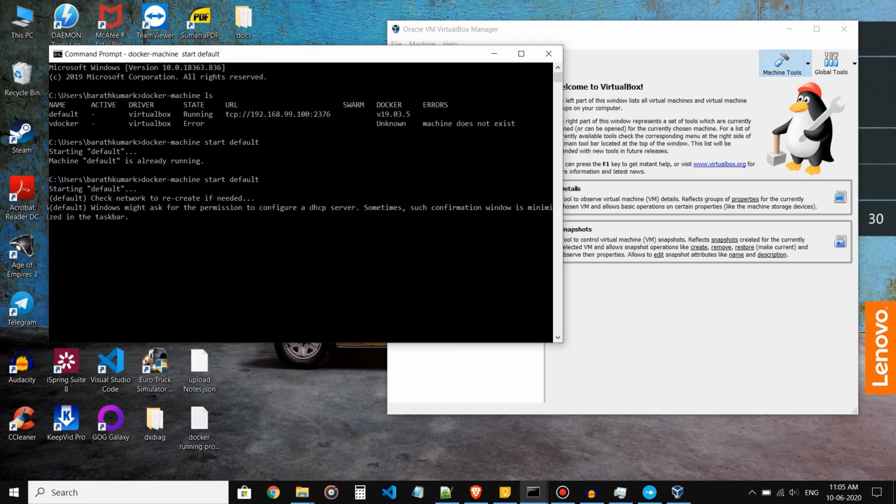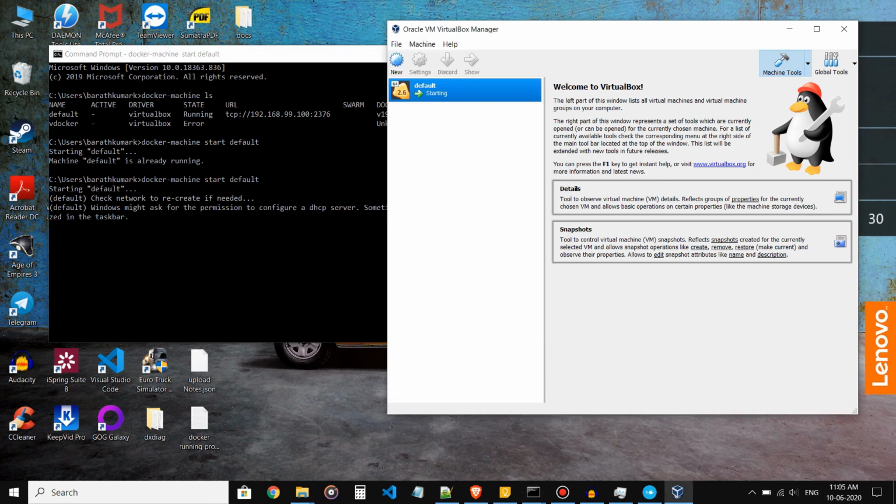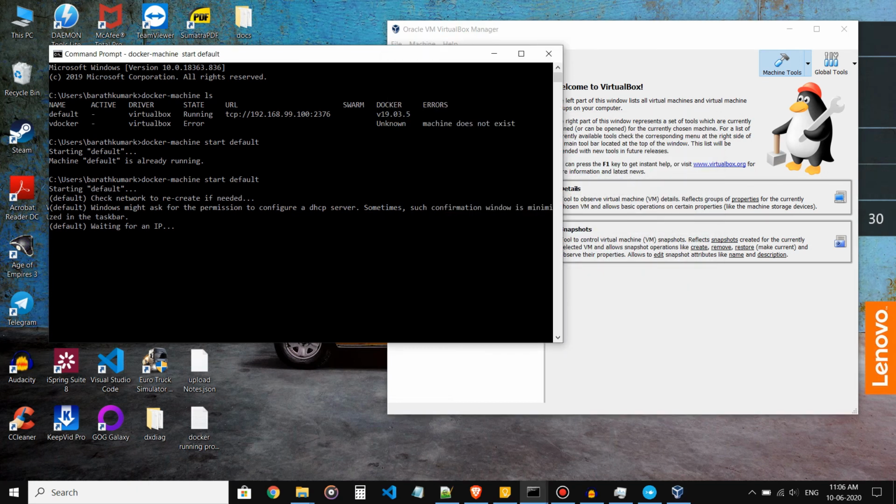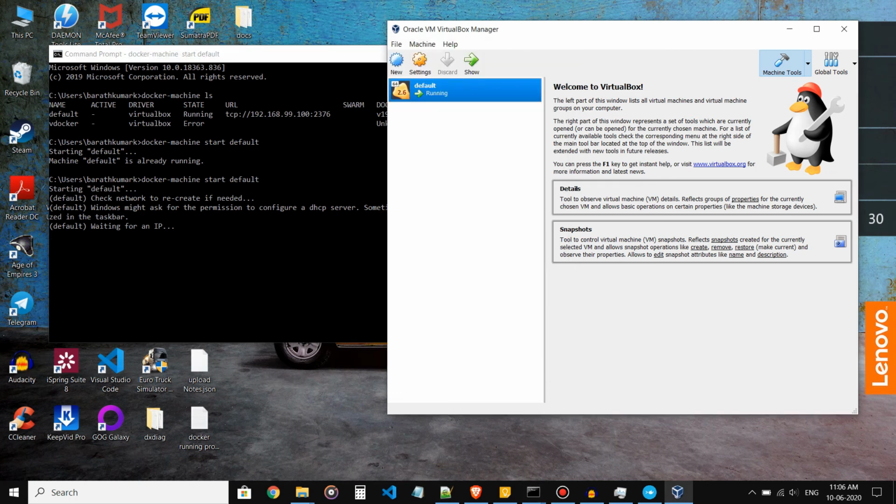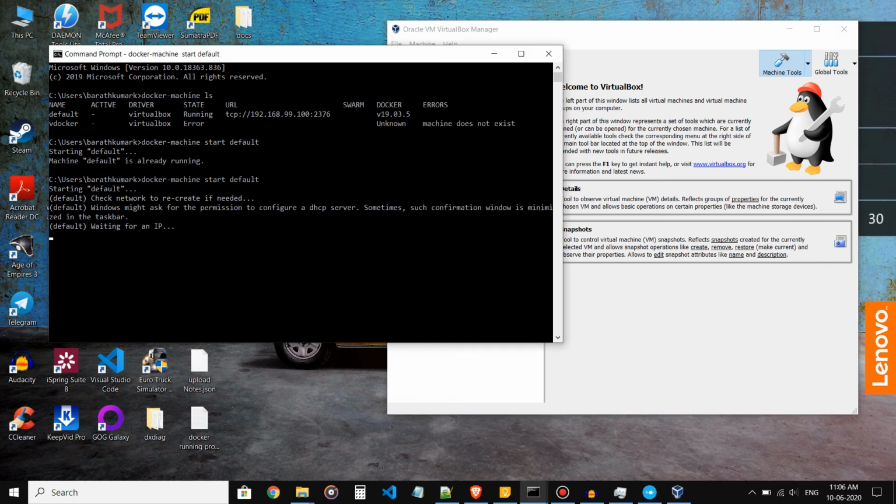If the VM exists, it would start it. But if it does not exist, it would create a new VM for you. Don't click on new and create a new VM, that is not needed. Just type docker-machine start default. This would enable you to run the Docker VM, but it may take some time.